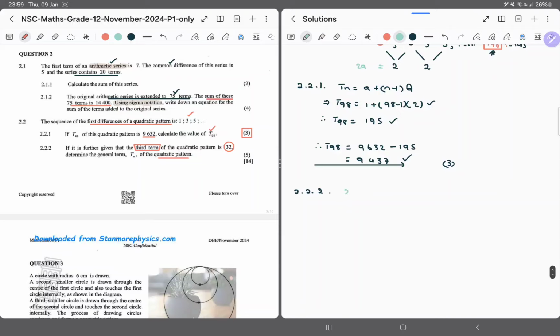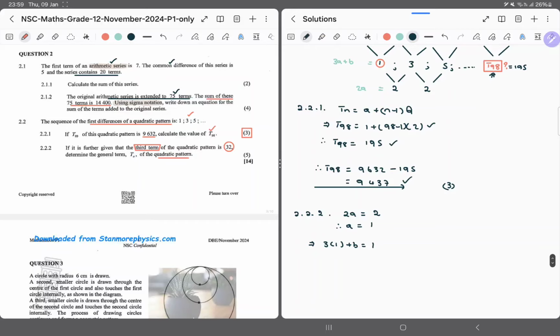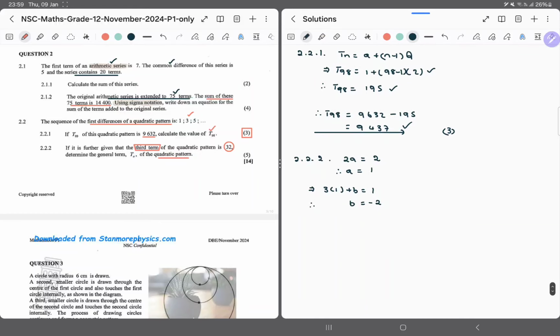So we know that 2a is equal to 2, therefore a is 1, okay? This implies that 3 into 1 plus b is equal to 1, as you can see there, using that sequence of the first differences. So therefore b is going to be minus 2, right? Right. And now we can say then,